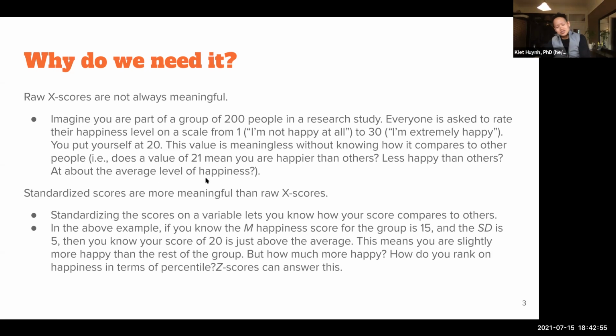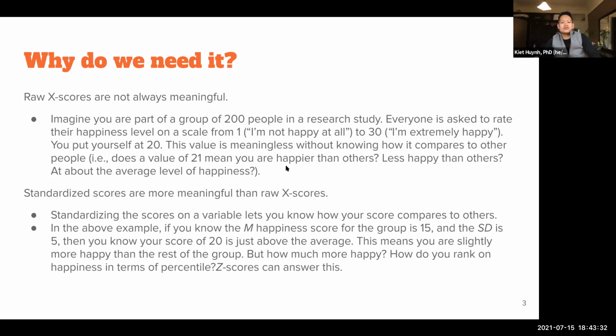All right, so why do we need z-scores? So far, we've been working with x-scores. X-scores are just the raw scores that you see in a data set. It could be a list of ages or weights or GPA, etc. Sometimes those values are meaningful. Sometimes they're not, though. For example, let's say you're in a study with 200 people and